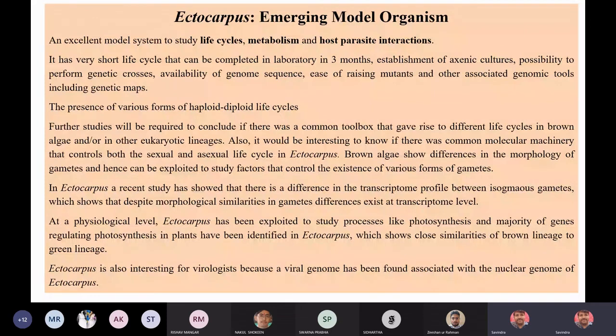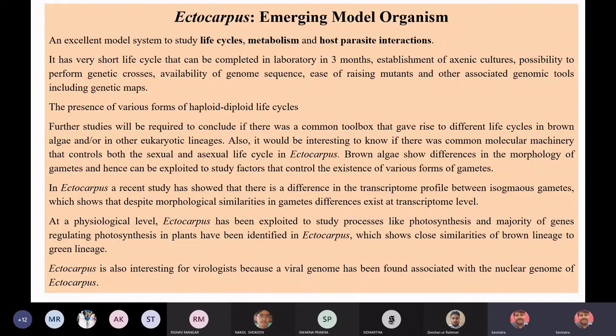It's not easy to find, collect and isolate the pheromone, but it's very easy compared to any other algae or plant. It's very easy in the case of Ectocarpus. Because you can also find it as an epiphyte or endophyte, so you can also see the host-parasite relationship. There are certain viruses which infect Ectocarpus as well. So viral infection on Ectocarpus, or Ectocarpus attachment on some other algae, can also be easily studied with the help